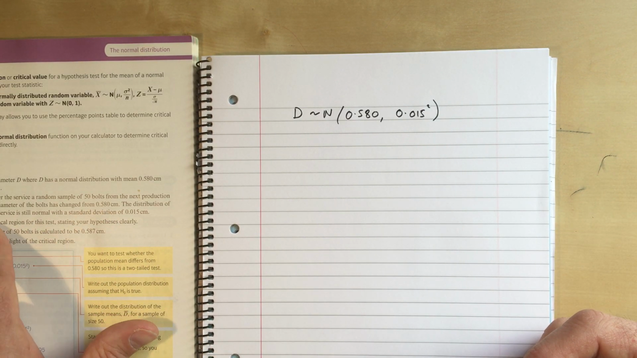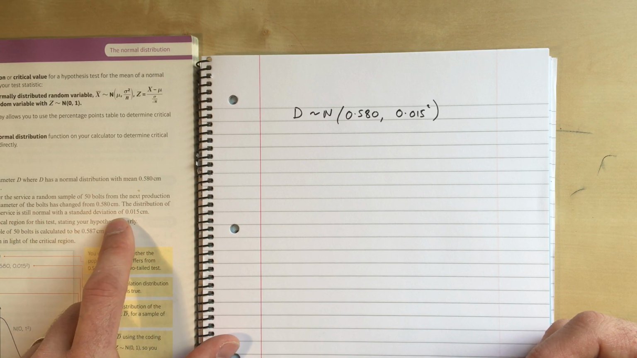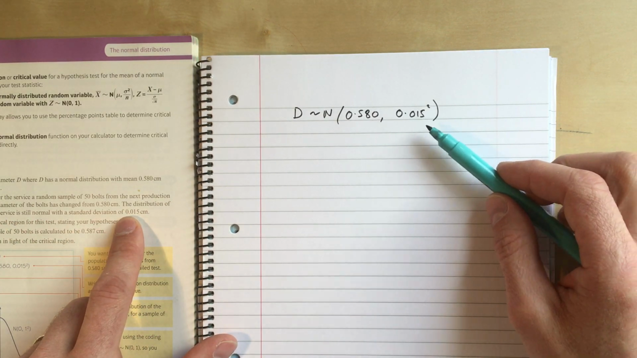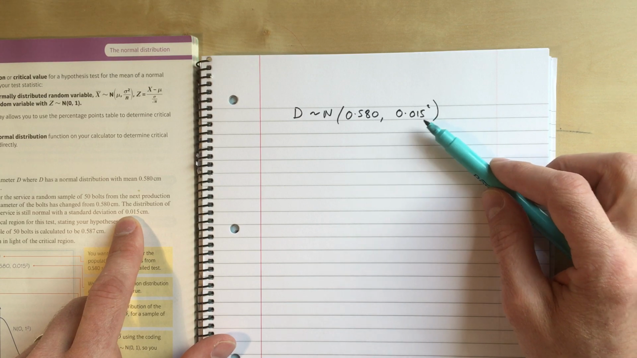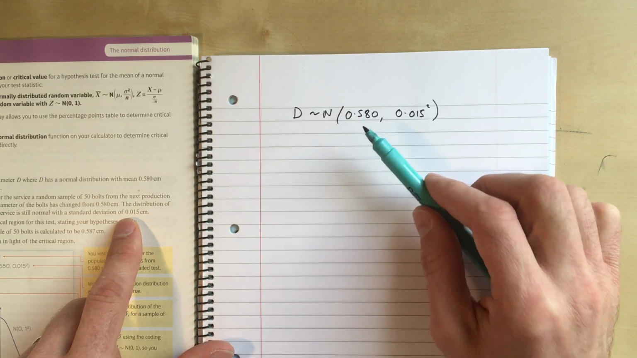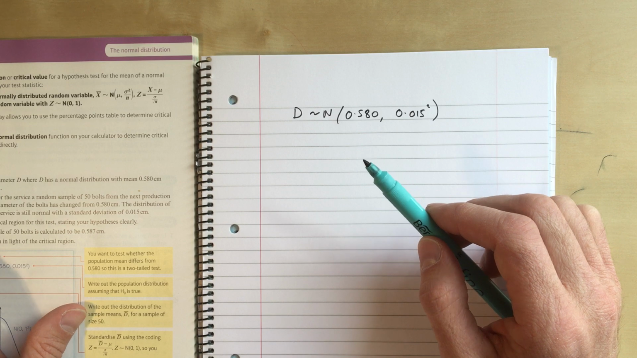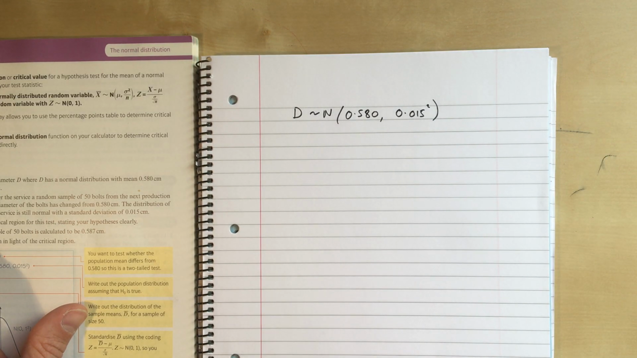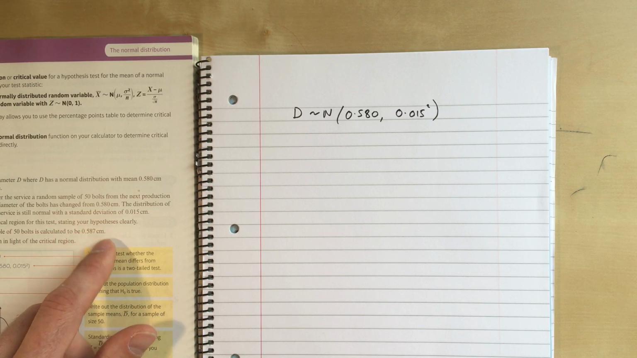The distribution of the diameters of bolts after the service is still normal with a standard deviation of 0.015. So we're going to make that assumption that the standard deviation hasn't changed. We're just checking, has the mean changed? Find at the 1% level, usually 5%, they've gone for 1% just to change things up here, the critical region for this test. So in other words,